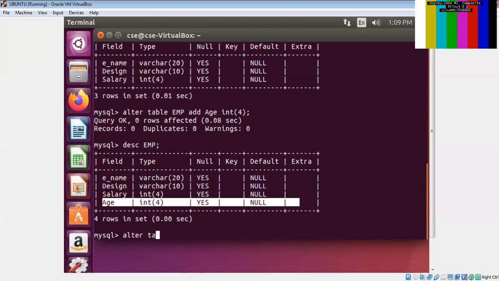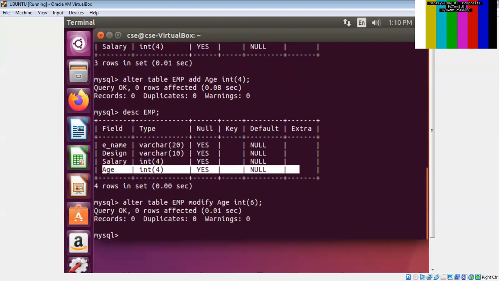The syntax is alter table keyword, table name employee, then modify keyword, then what you want to modify, suppose age, column size, data type as it is, and size suppose 6, which will change this age integer 4 into age integer 6. Enter. Okay, query is successfully executed. Alter table employee modify age integer 6.